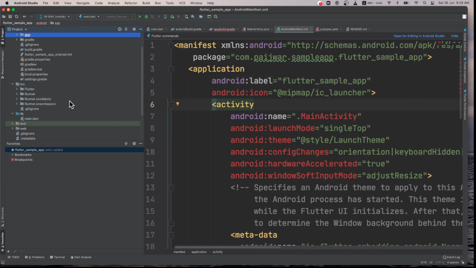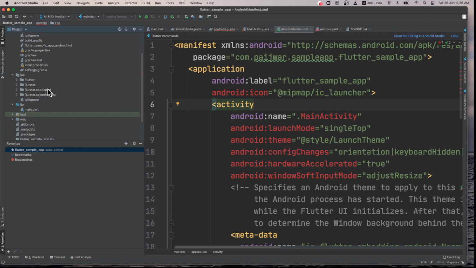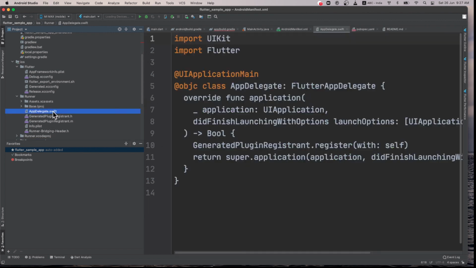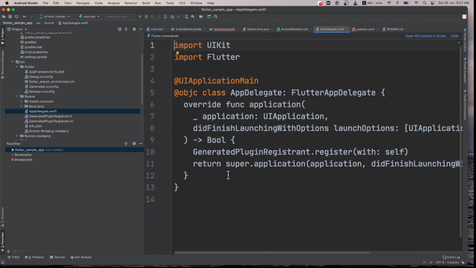Similar things are there for iOS. In iOS you will see this is the project file, XC workspace. I think it uses the pods for Flutter. So if you are familiar with iOS, then only it will make sense for you, otherwise you will have to learn about iOS programming. So these are the files which are getting generated, and this is the main file where your code will get an entry for iOS. So from here you can see this is returning an application object, and this is the main method for iOS. So from here it will start running.